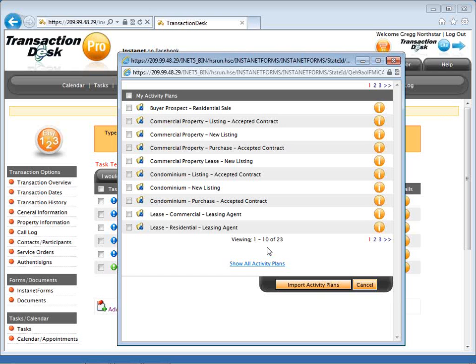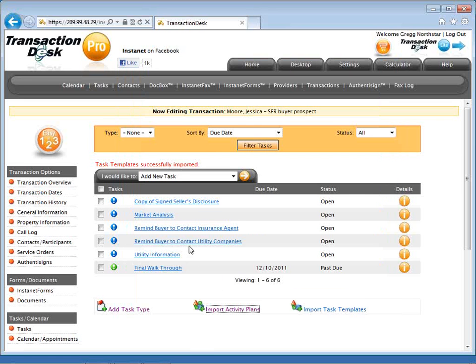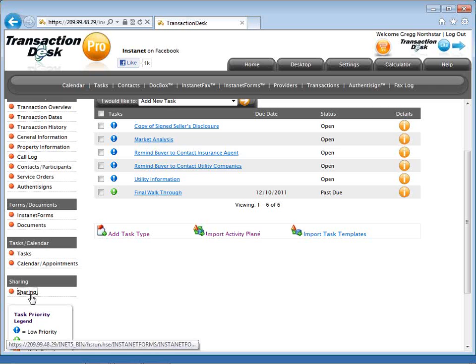So it's kind of building on each other to be able to add that content to your transaction files, to manage them, to make sure you're being notified when these tasks are coming due. So that's task management throughout your sale process. Not only yourself, but your participants can be assigned to tasks, as well as anyone that you are sharing with. So I'm going to jump over calendars just for a moment and click here on sharing. Not that I've created a share yet, but